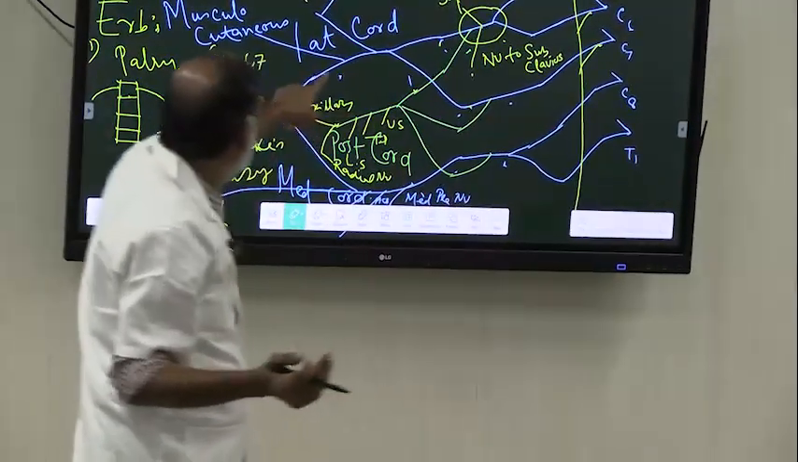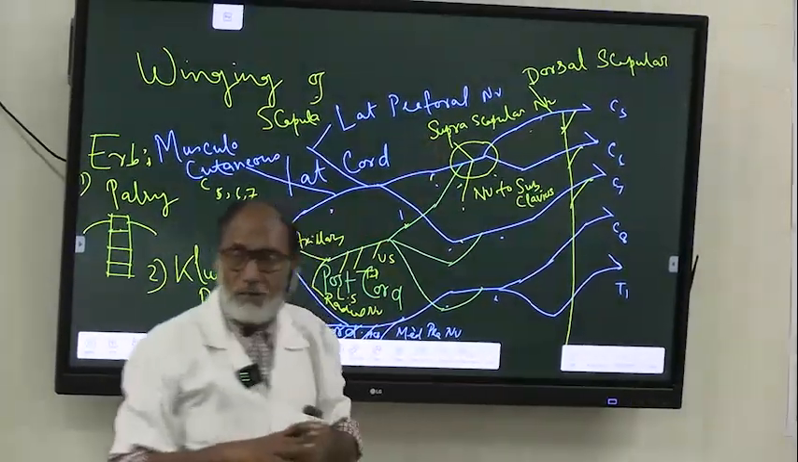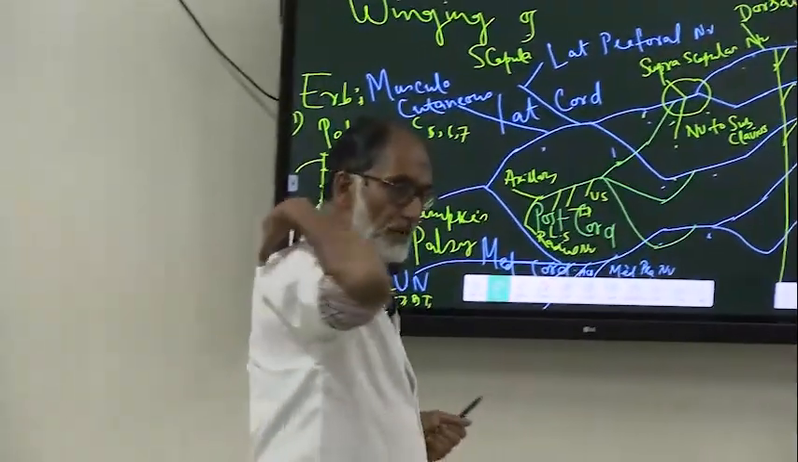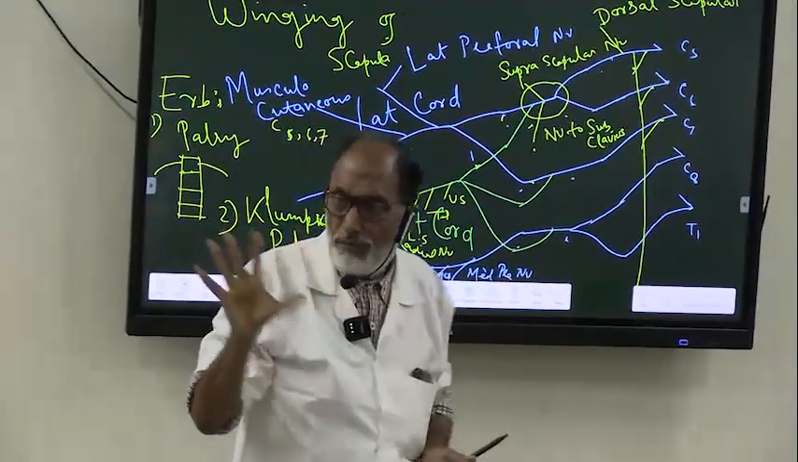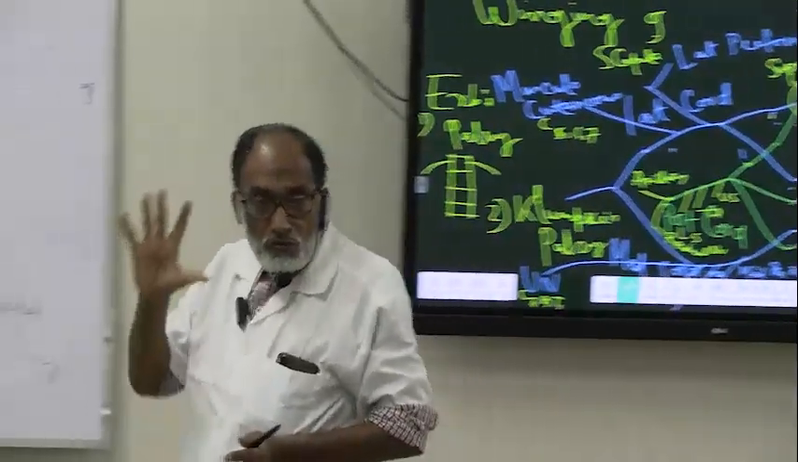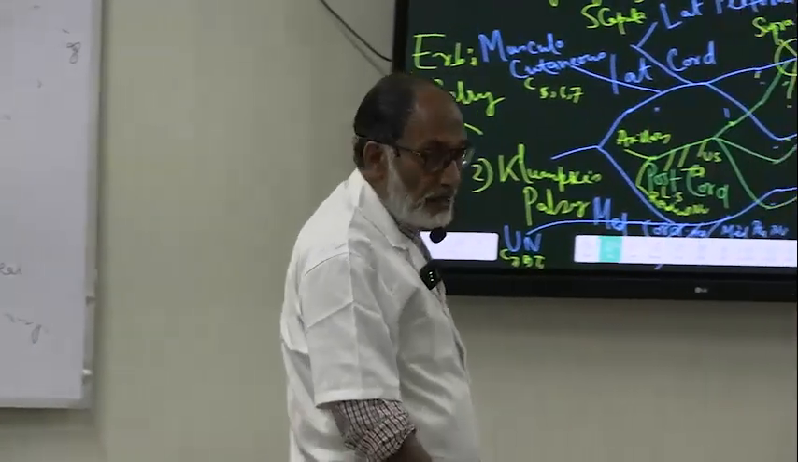And the suprascapular nerve supplies the muscles of the scapula, that is, the supraspinatus and infraspinatus. All these muscles will be paralyzed. Now, what will be the effect of this paralysis? Number 1,